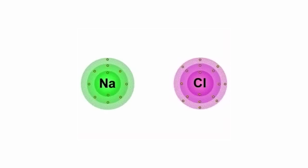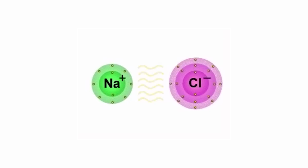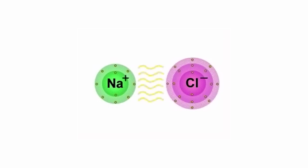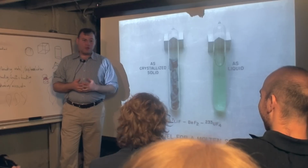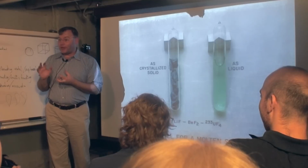The nice thing about a salt is it's formed from a positive ion and a negative ion, like sodium's positively charged and chlorine's negatively charged, and they go, we're not really going to bond, we're just going to kind of associate one with another, and that's what's called an ionic bond. Yeah, you're kind of friends, you know, you're Facebook friends. Facebook friends. All right, well, it turns out this is a really good thing for a reactor because a reactor